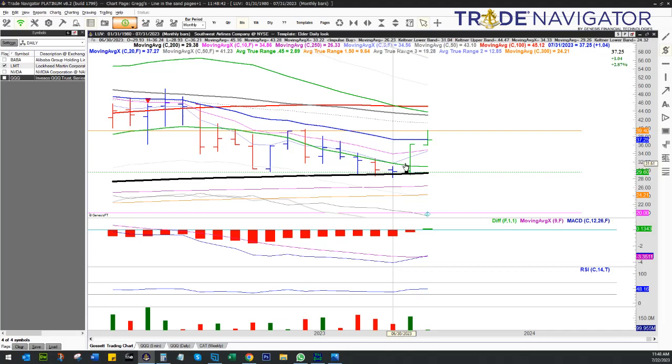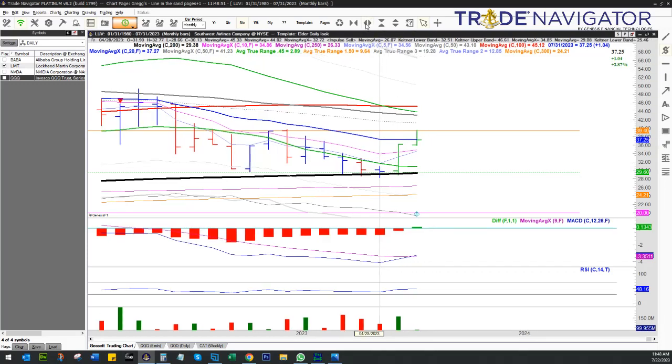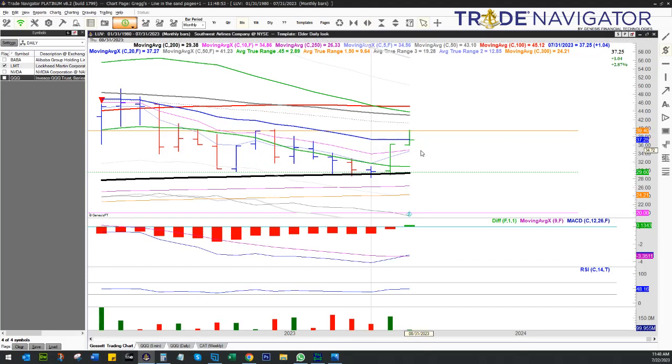Next month, it just skyrocketed and I hit profit targets, took some profit targets off. This month also took some profit targets off. Now, because we're in trailing stop mode, it means if I have a close below a previous bar's low, I will get out of half. But in this case, that is not going to apply because earnings for Southwest are on the 27th of this month. And as I told you earlier in the podcast,